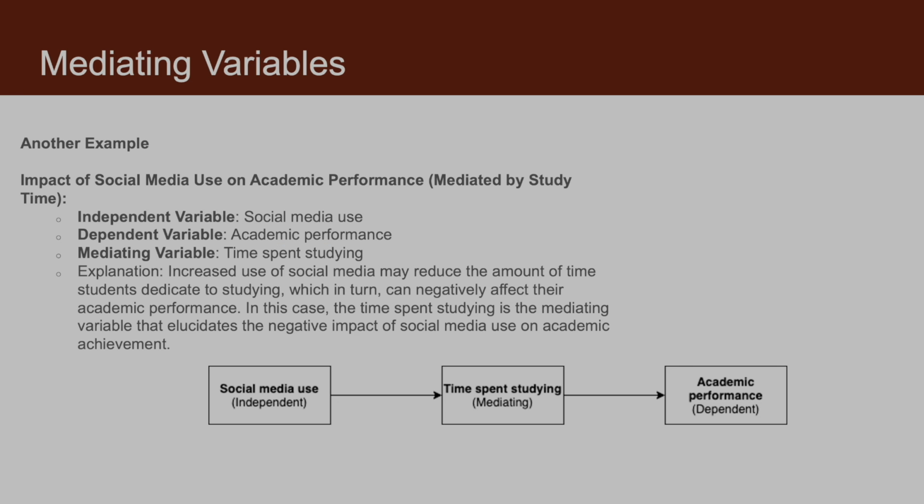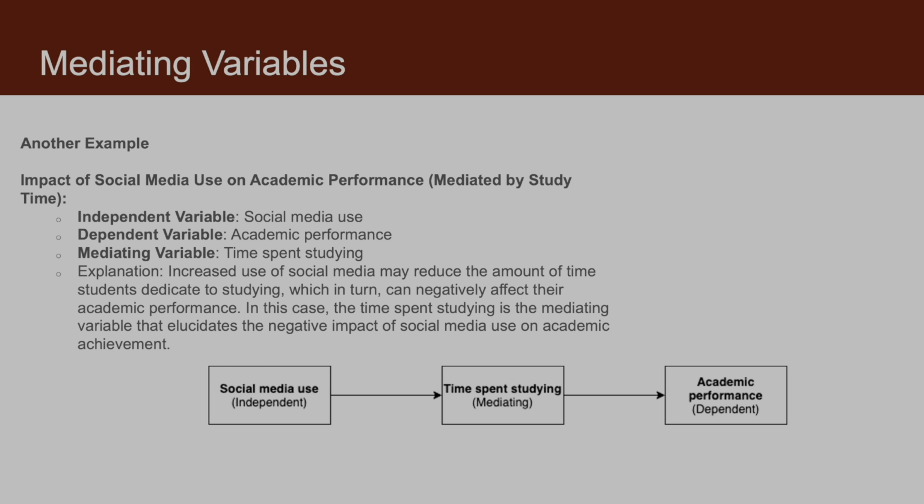To give another example, the impact of social media use on academic performance, mediated by study time. The independent variable in this example is the social media use. The dependent variable is the academic performance, and the mediating variable is the studying time. To explain this example, the increased use of social media might reduce the amount of time students dedicate to studying, which in turn can negatively affect their academic performance. In this case, the time spent studying is the mediating variable that elucidates the negative impact of social media use